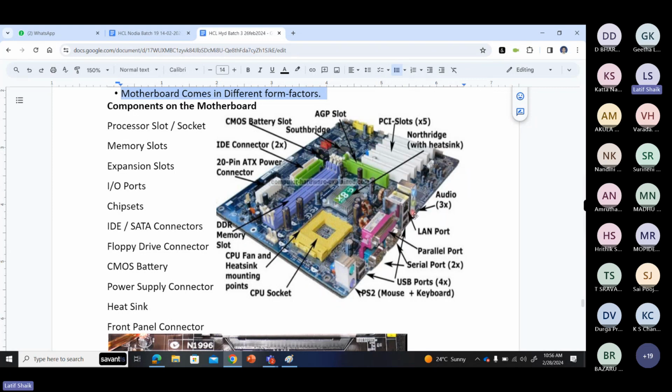And here is your audio connectivity for mic, speakers, and line-in purpose. And the power supply. This is a 20 pin ATX. It's an old one. Now it is 24 pin ATX. Okay, so this is for the hard disk cable connection type. It is IDE type, and SATA type is also there. BIOS, this is north bridge, this is south bridge. Somewhere the BIOS chipset is there. Okay,